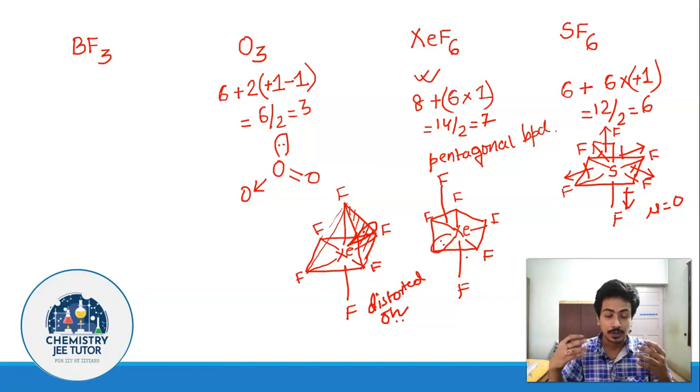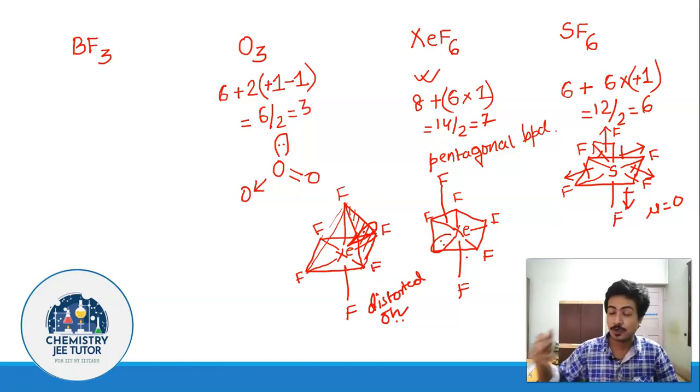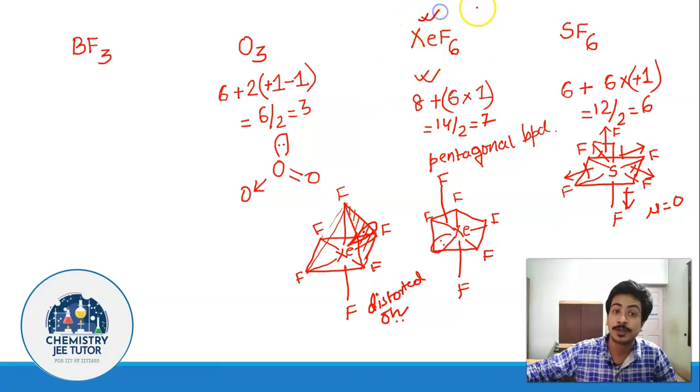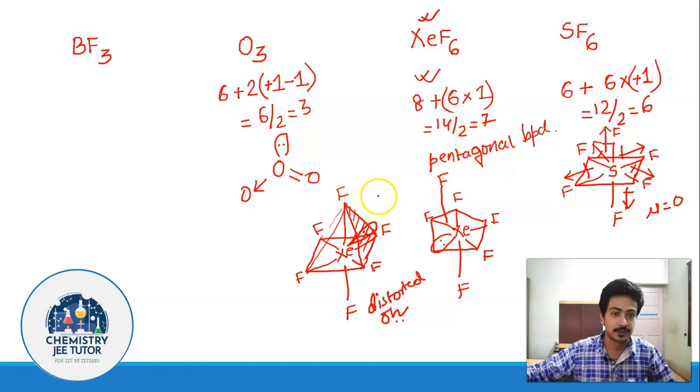So in order to relieve the steric strain, it will prefer going to the octahedral geometry, in which the angles are larger. Since the angles are larger, it will face a little less steric strain. That's why, to avoid that steric strain, it goes into this distorted octahedral structure. That is what was found experimentally. So remember this case of XeF6: though you find it to be pentagonal bipyramidal by using VSEPR, it is actually going to be a distorted octahedral structure.